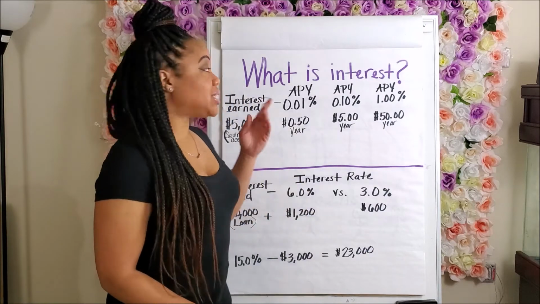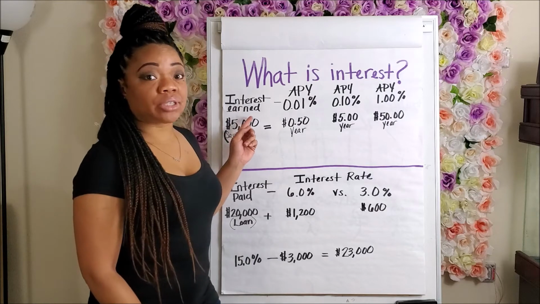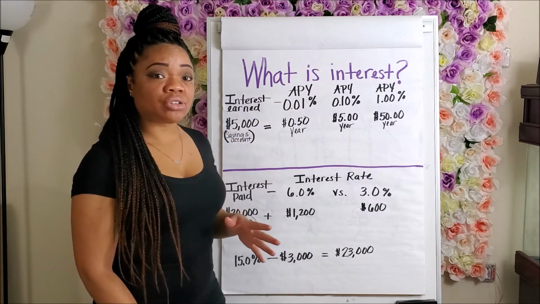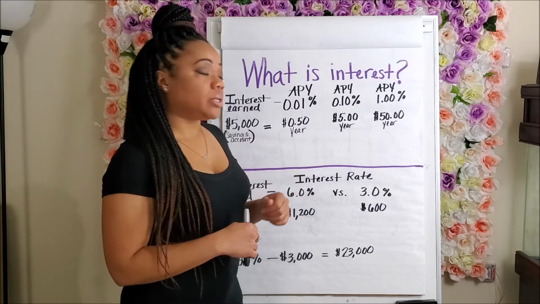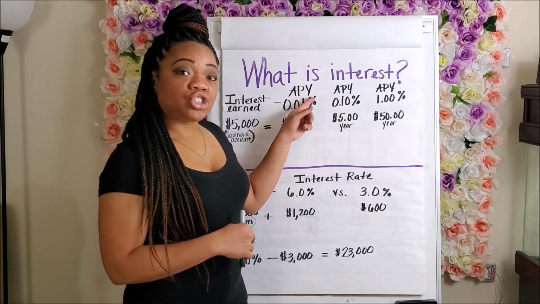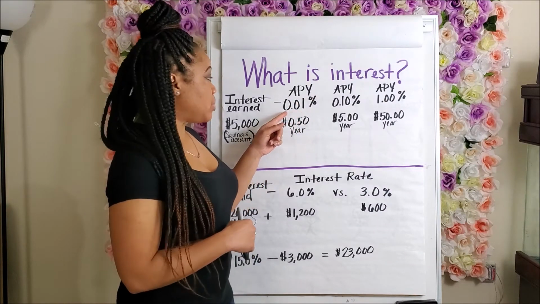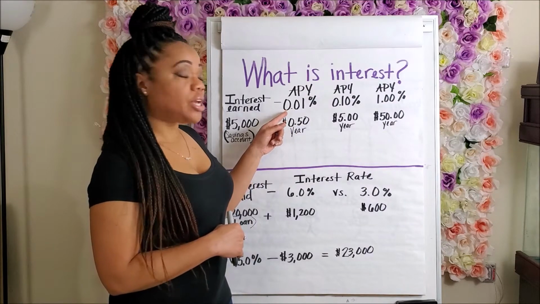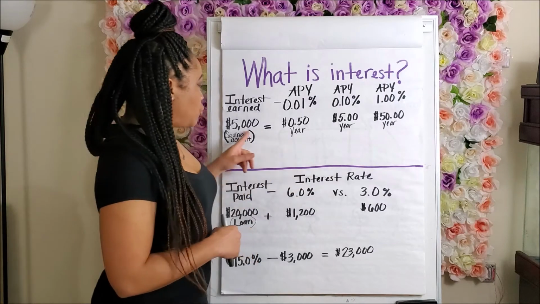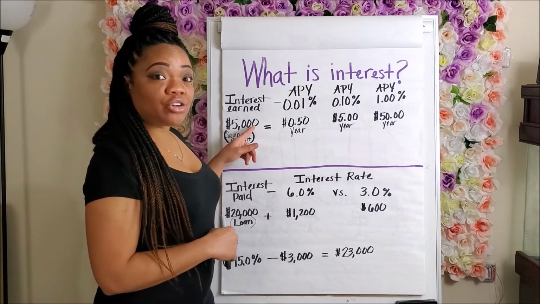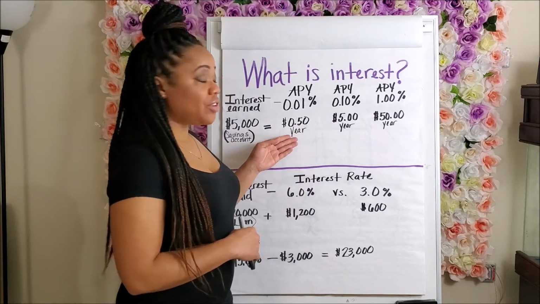So if you have any type of money in the bank, in your savings account, we're talking about interest earned, right? Interest earned has to do with what we get in return for the bank using our money. It's called annual percentage yield, what percent of interest we may earn on our savings account. This particular interest rate right here is 0.01%, which is literally pennies on the dollar. So for $5,000 that you may have in your savings account, for the year you would have only earned 50 cents. 50 cents for the year.